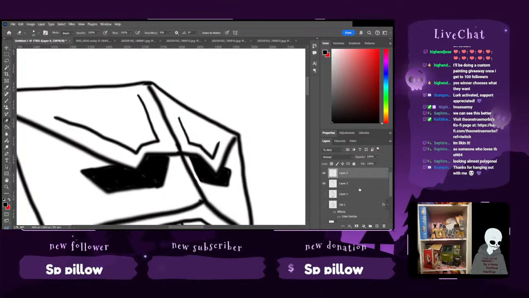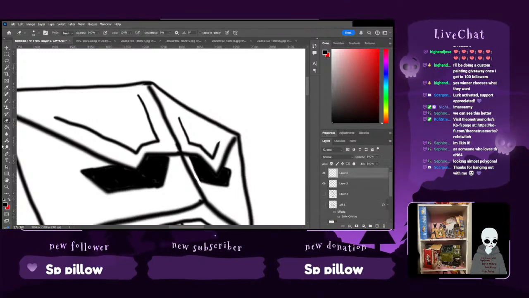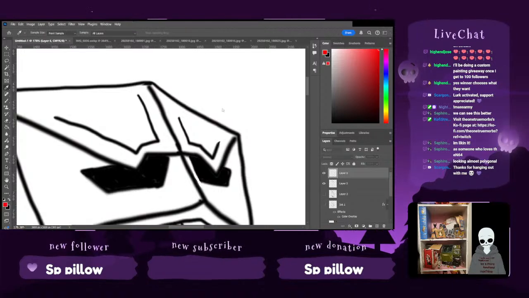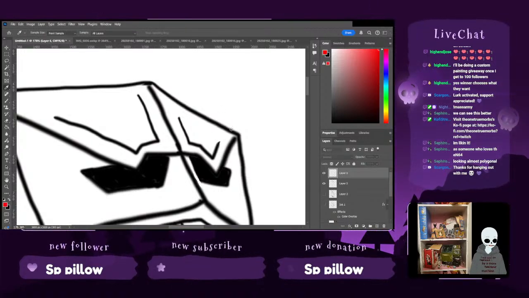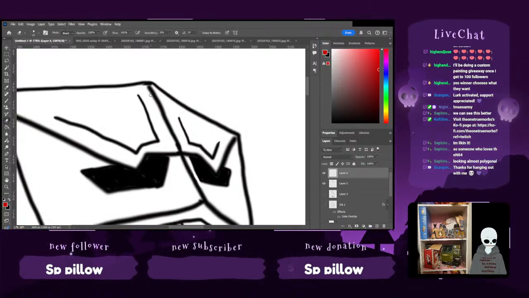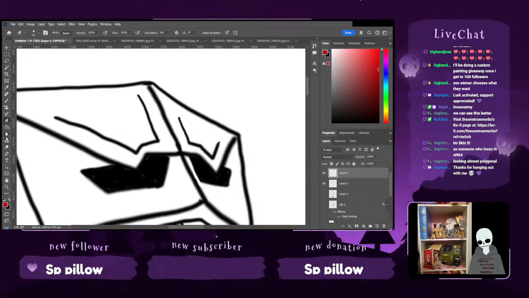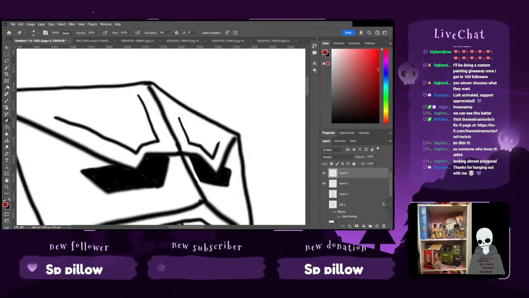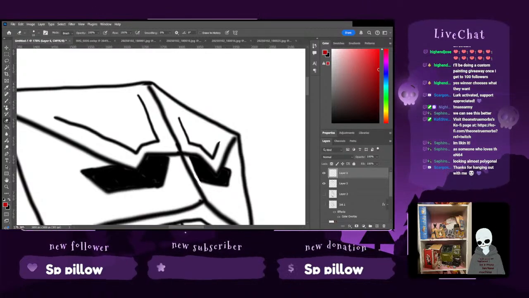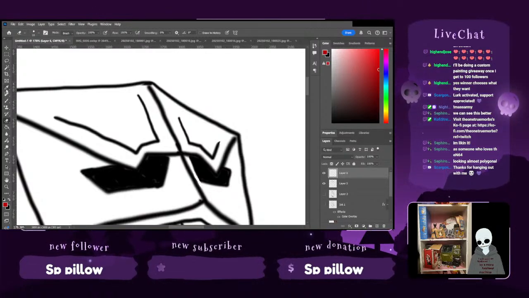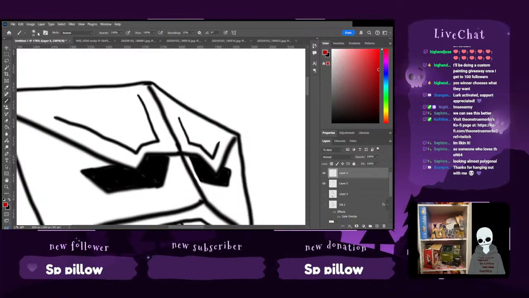Yeah, it's very polygonal, which is fine. That's kind of what we're going for. Let's give him, I think, a deep red. Not too deep, but what if we did... What am I looking for? There we go.